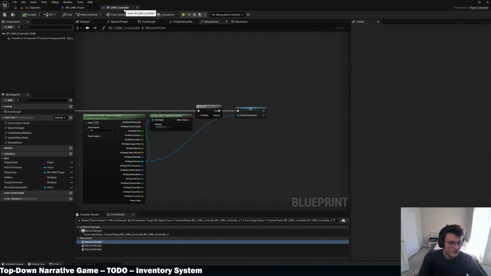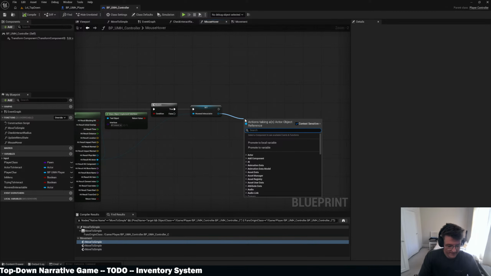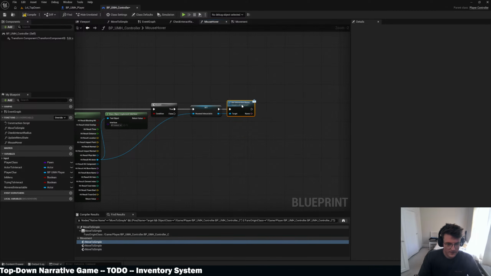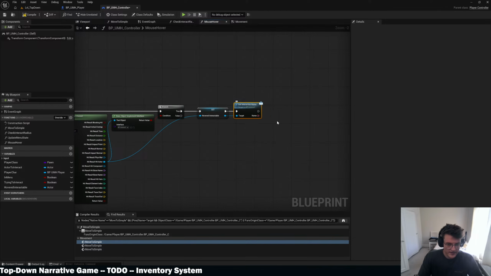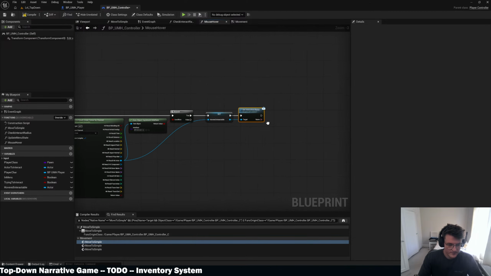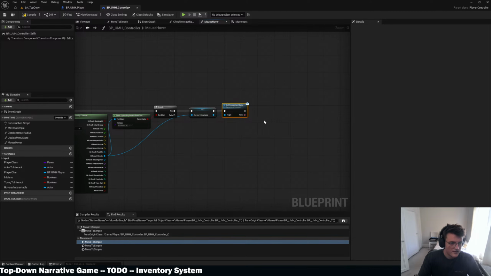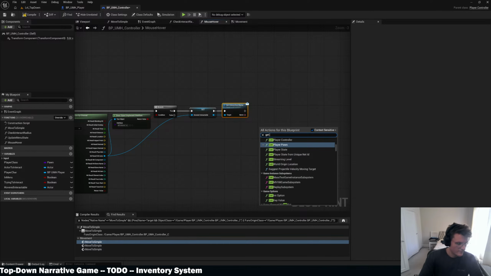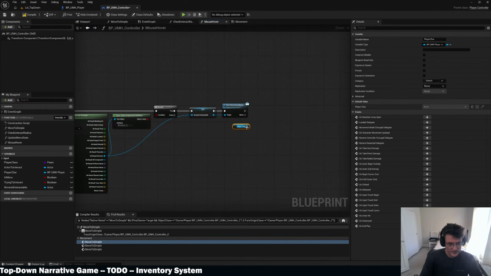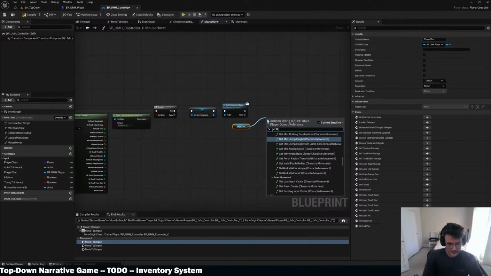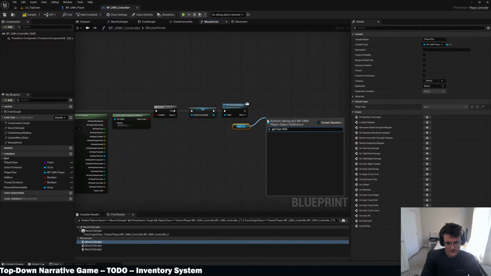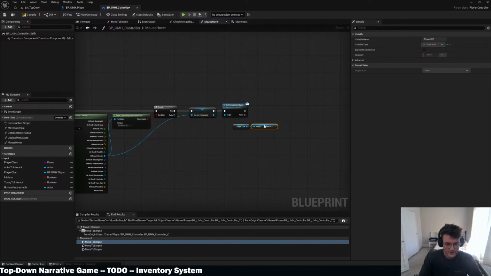So beeper interactable controller, get interaction name, and then we will get player character, get user HUD, get HUD. And then